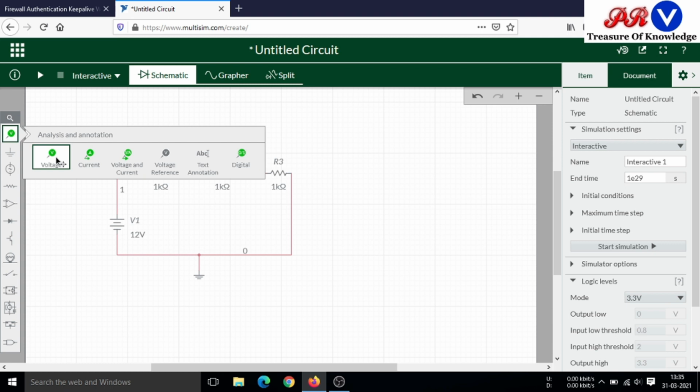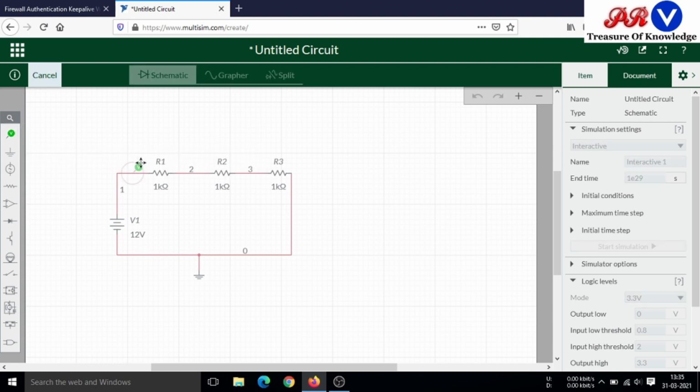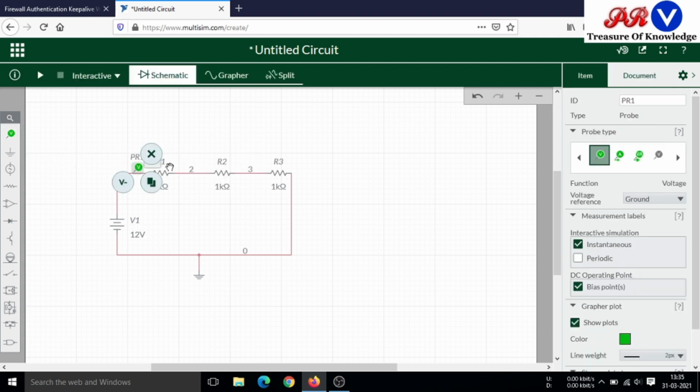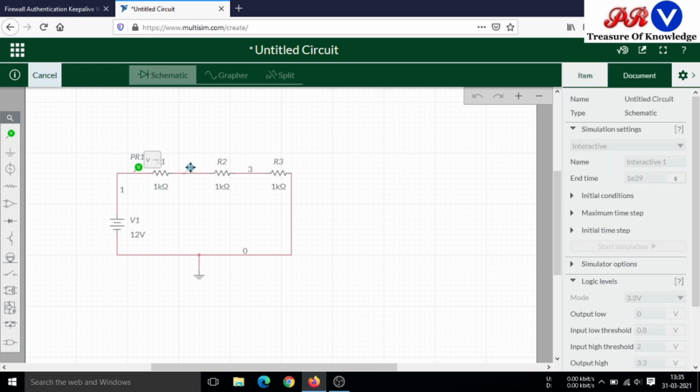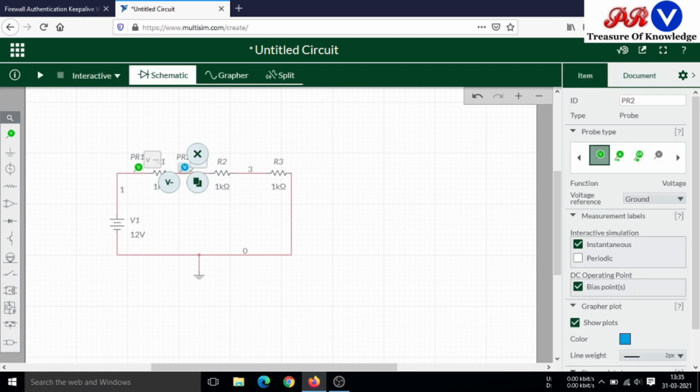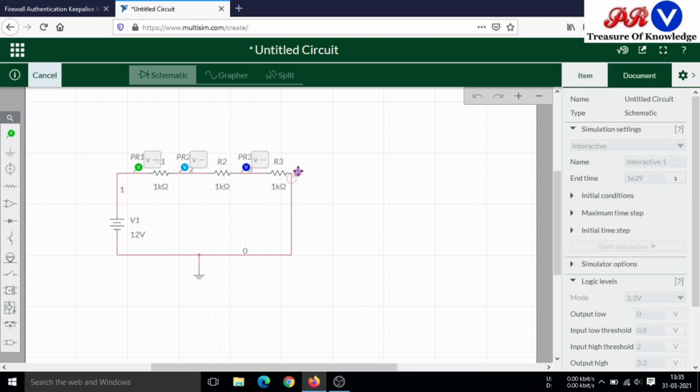I am using a voltage indicator here, duplicating it again and again. I used four different voltage indicators, which are shown in different colors. Now you have to simulate the circuit.